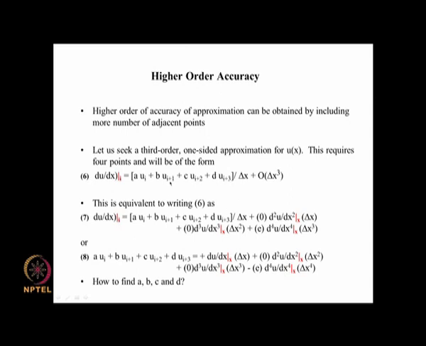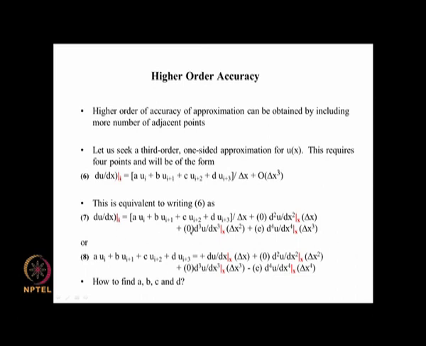And when you have an expression like this plus higher order terms, that is the fifth derivative times delta x to the power 4 and all that, equation 7 and equation 6 are equivalent, because they both are saying that du by dx at I is in terms of ui, ui plus 1, ui plus 2, ui plus 3 like this, plus 0 times this. So, this delta x term does not appear, 0 times delta x square term also does not appear, and the only leading term that appears is this coefficient e, still to be determined, times d4 u by dx4 at x times delta x cubed. So, although we are writing it like this, what we are saying is that this approximation is of this form plus higher order terms.